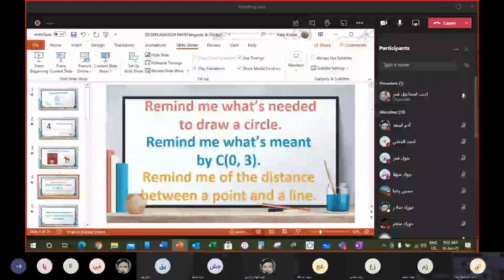The tangent is always perpendicular to the radius at the point of tangency. And this is the first property in this chapter. The tangent is always perpendicular to the radius at the point of tangency. As you can see in this figure,